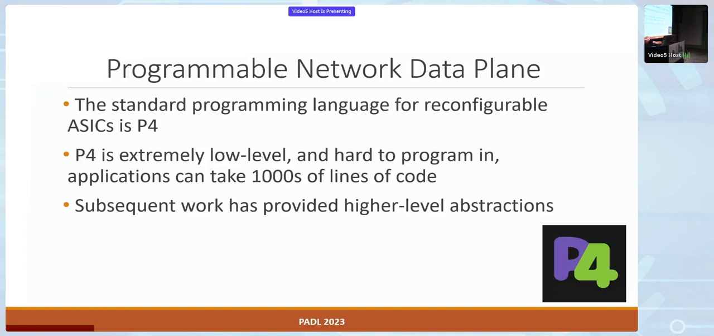For instance, Lucid provides an imperative language like abstraction that builds on P4. There's another work, Sonata, which provides other declarative language abstractions. All of these build on P4. And we continue to explore that design space with SwitchLog, where we look at logic programming abstractions that build on